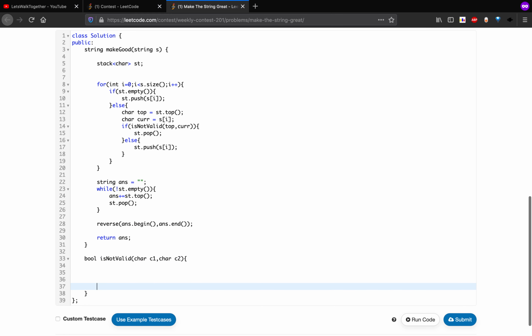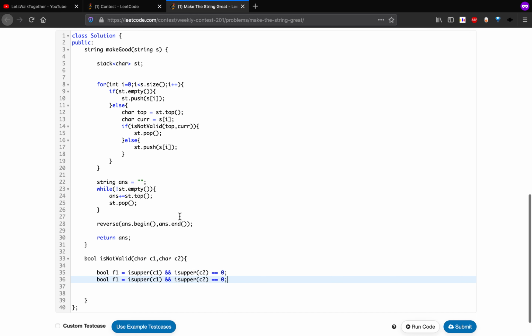First, bool f1: c1 is uppercase and c2 is lowercase.